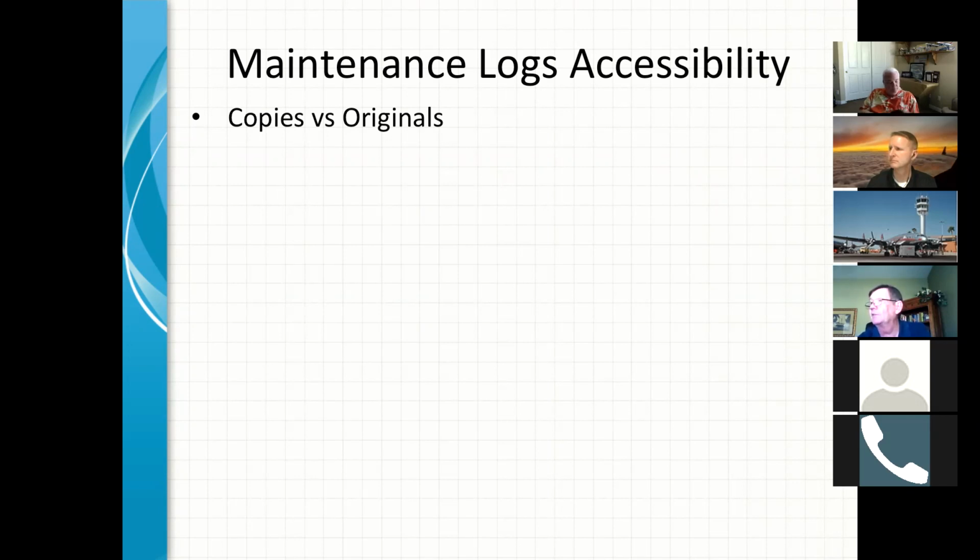And then it talks about records having to contain total time in service, et cetera. Then you get down here to B, and it says the owner operator shall retain the following records for the periods prescribed. So records specified in paragraph A1 are retained until the work is repeated or superseded, or for a year after the work is performed. So the important part of that is that